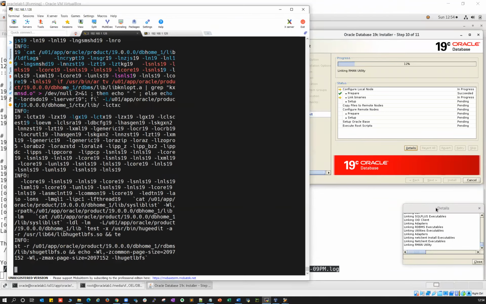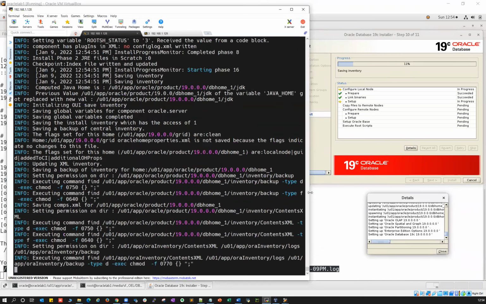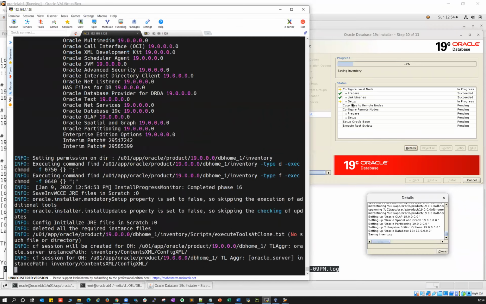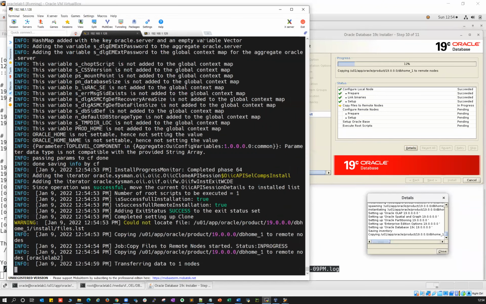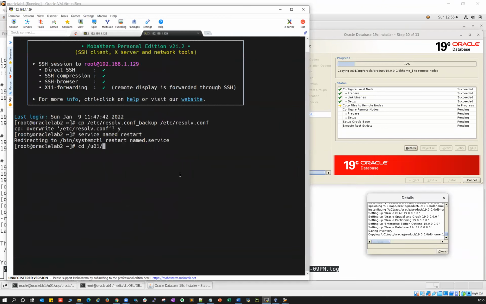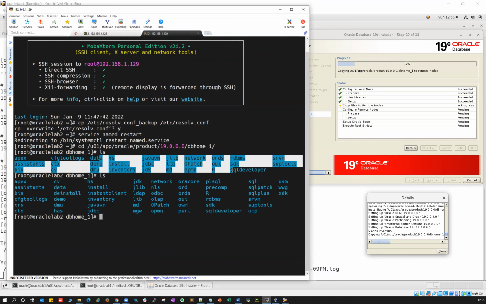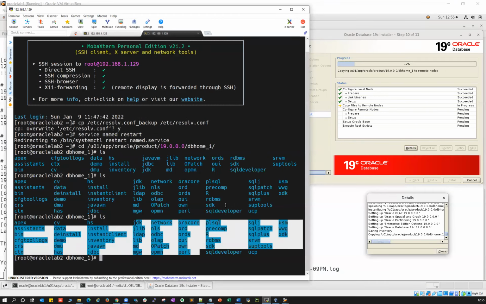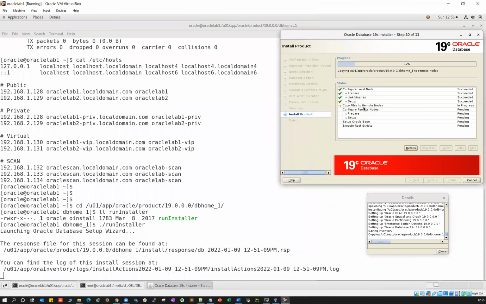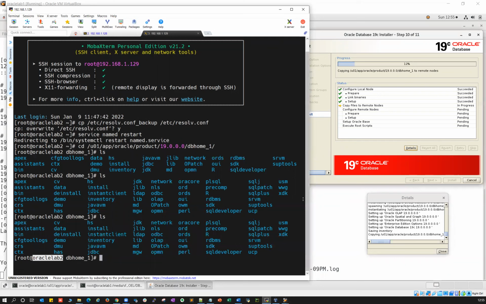Doing linking of RMAN utilities. Right, so setup is done on node 1. It's done. Now it's copying to the remote node. Now you can go back here on your remote node. This is node 2, cd u01 app oracle product 19c dbhome, ls. You can see it is all copying into your remote node. You can see it's getting increased here. All the files from node 1, it will copy to node 2. That's the step we're doing, copying files to remote nodes.